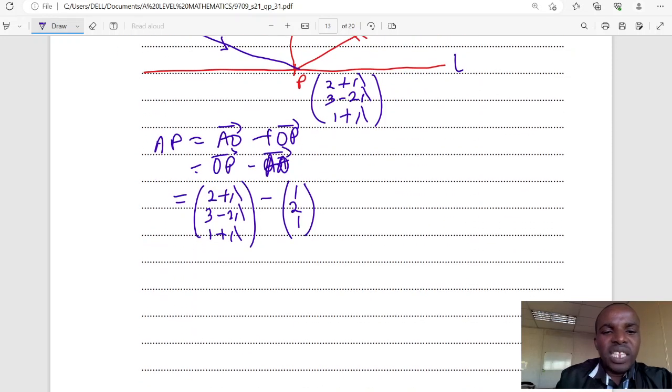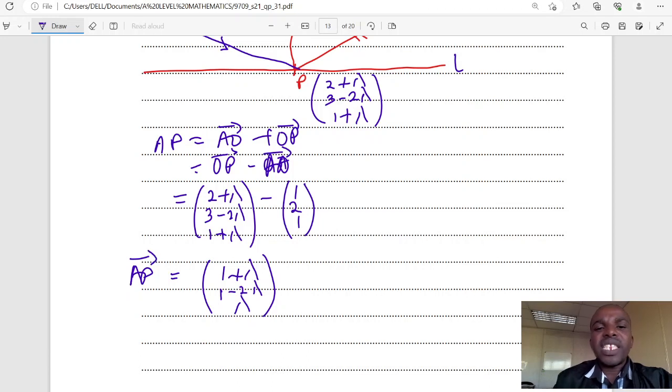Then if I simplify this part, it will be 2 plus lambda minus 1, that is 1 plus lambda. Then 3 minus 2 lambda, minus 2 on the other item, it will be 3 minus 2 is 1 minus 2 lambda. Then 1 plus lambda minus 1, it will be lambda. So this represents AP. Then next for